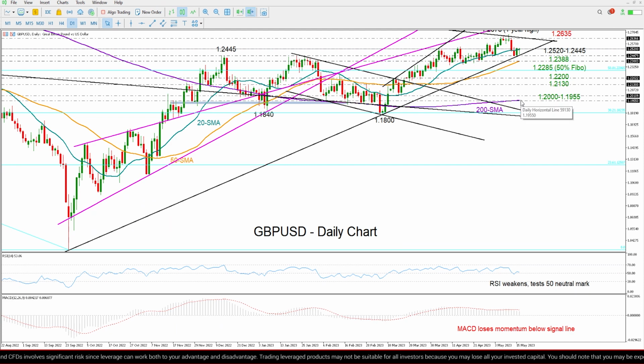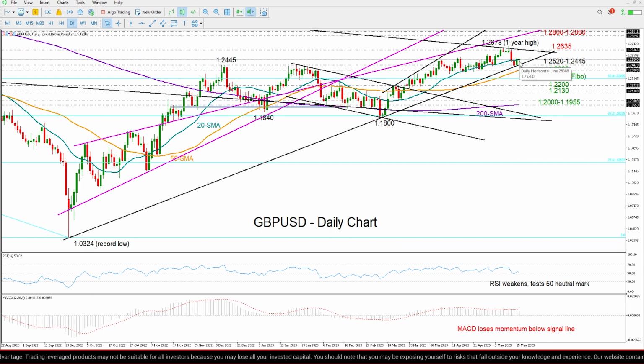1.1955. Now, if the price manages to set a strong foothold around the support trend line, closing above the 20-day moving average, then we may see another challenging battle around this crucial resistance trend line at 1.2635. A break higher from here, and particularly an extension above the one-year high of 1.2678, could